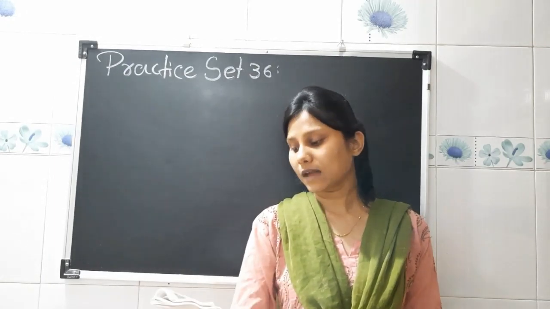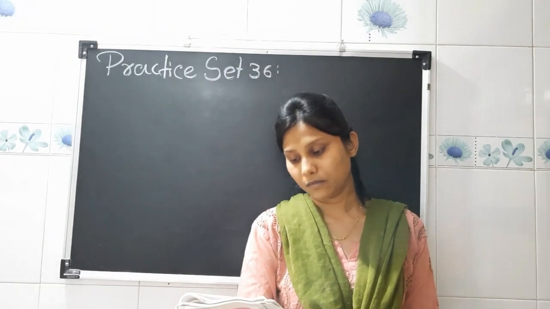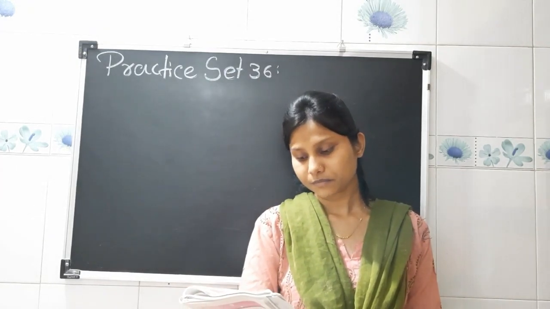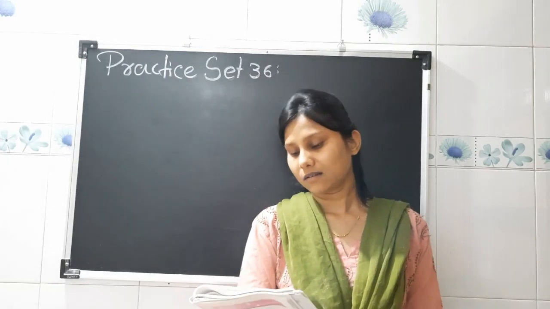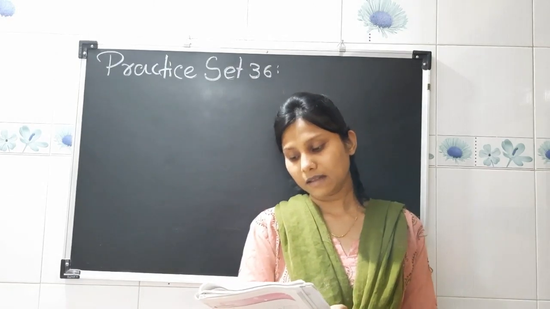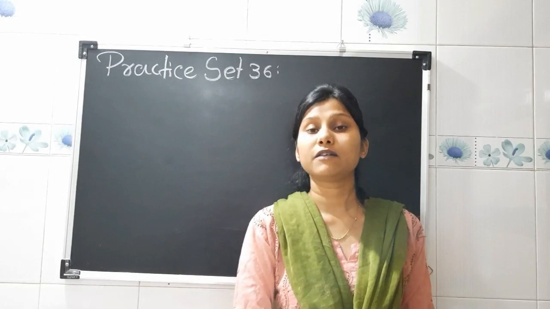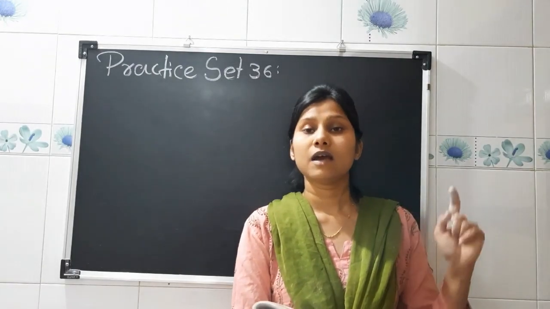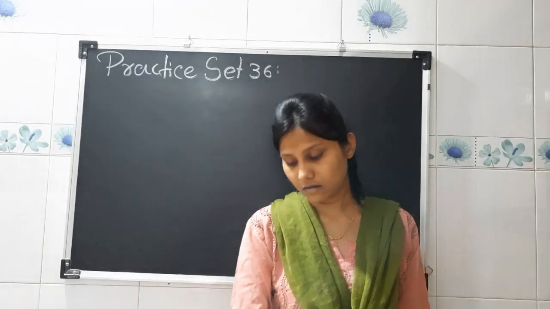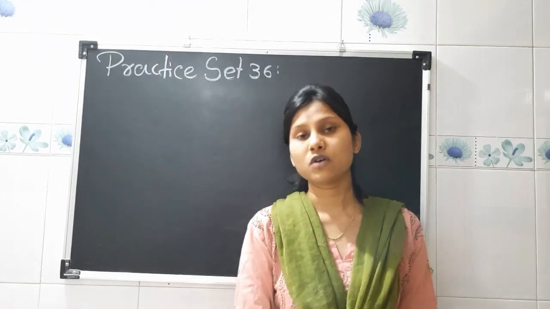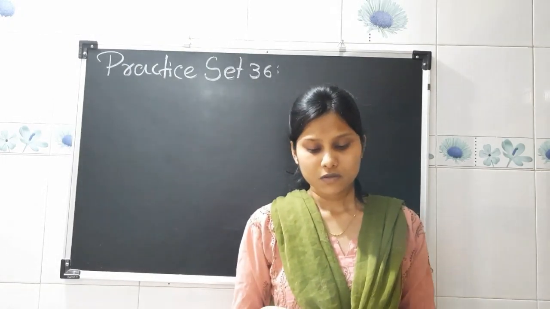See, all the angles: angle L is 70 degrees, an acute angle. Then angle M is 48 degrees, it is also an acute angle, and angle N is 62 degrees, so it is also an acute angle. So the triangle having all the angles as acute angles is called an acute angled triangle. So triangle LMN is also an acute angled triangle.